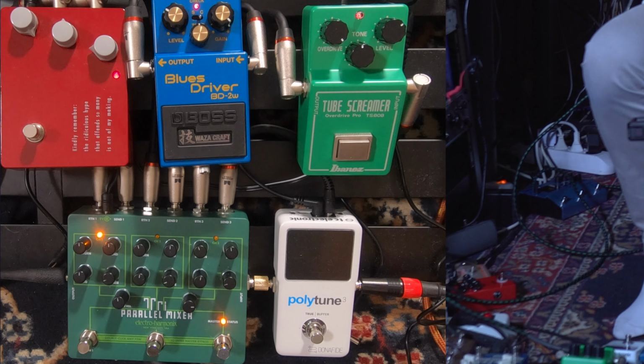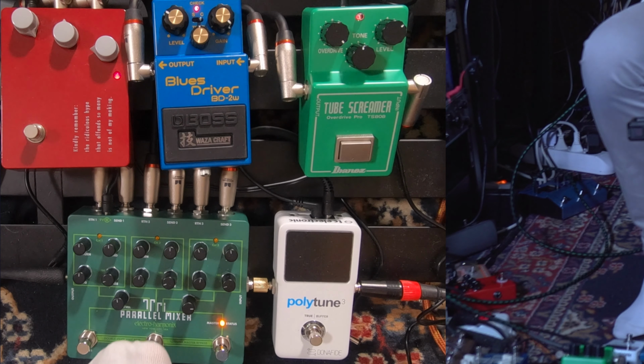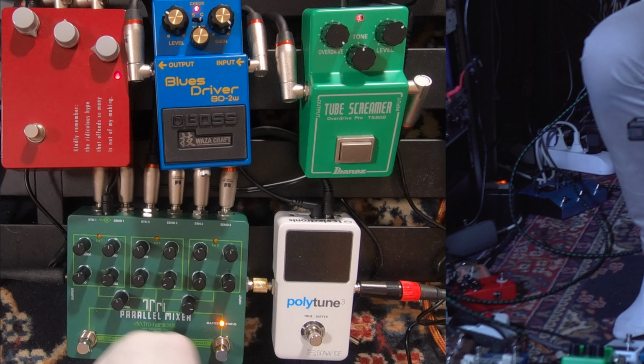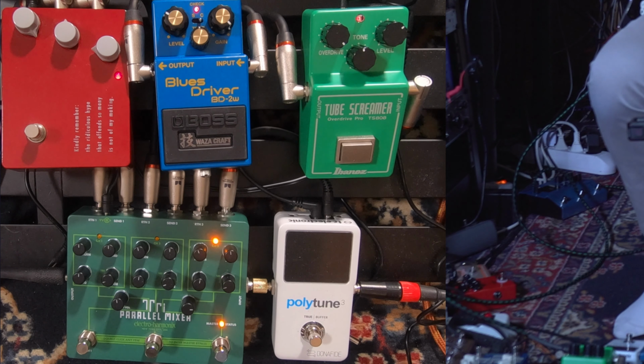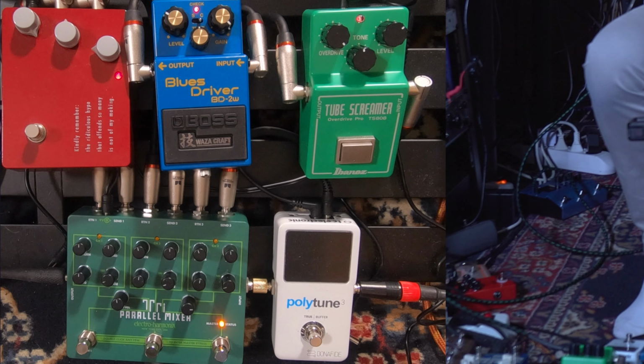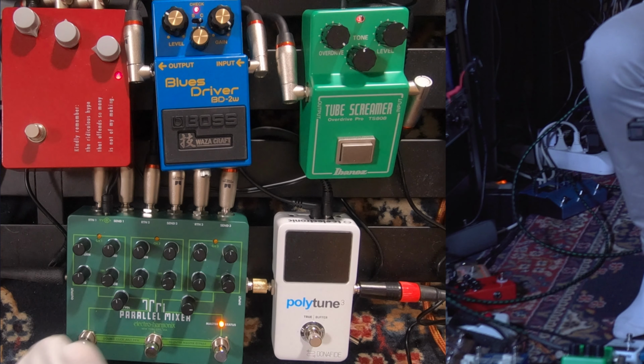KLON, blues driver, tube screamer. KLON,